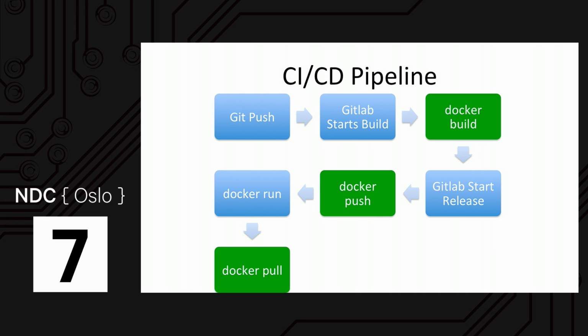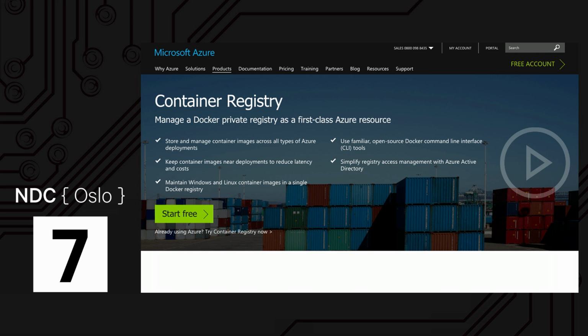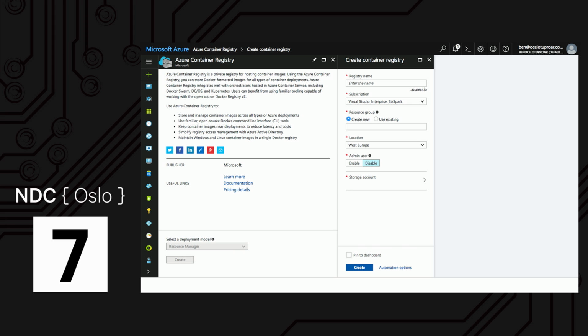But the public registry isn't very good for companies, because we don't really want to release our source code into the open world. And so this is where you have hosted private registries. You can download them and run them locally on your machine, or you can use things like Azure and let Azure and Microsoft manage and make the registry available for you. So the container registry is very cool, it's very easy to work with, and it fits natively and naturally into the rest of Azure. So when you go into the portal,